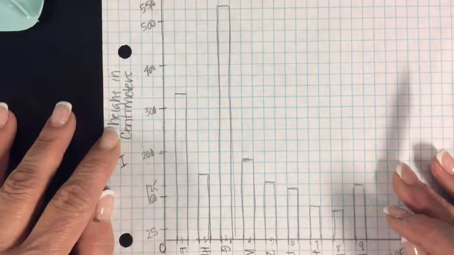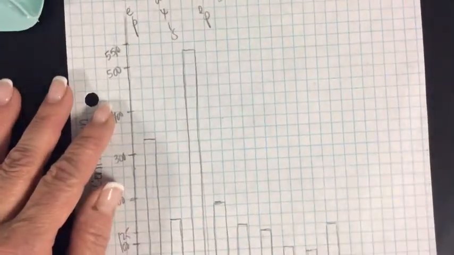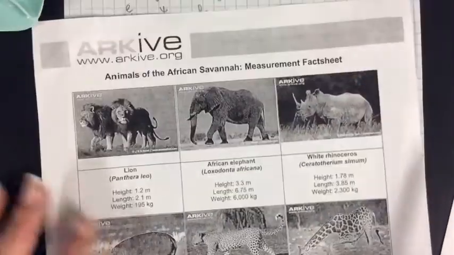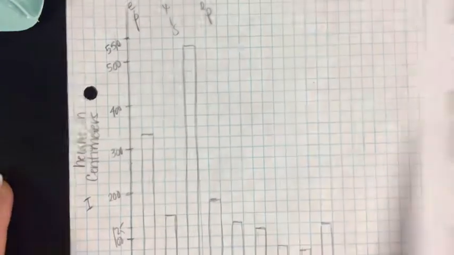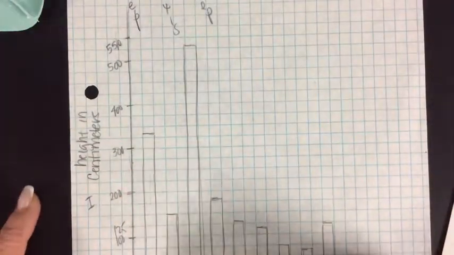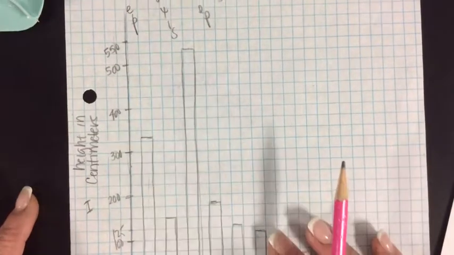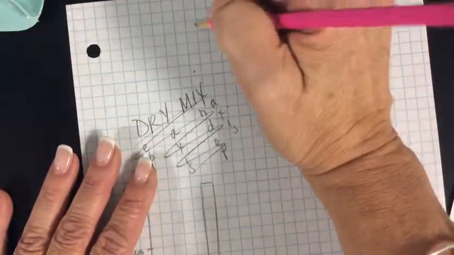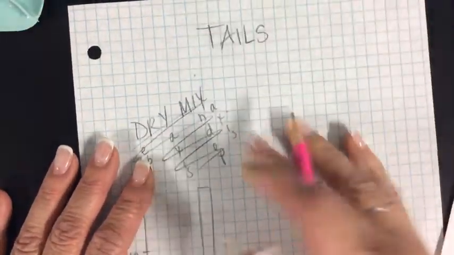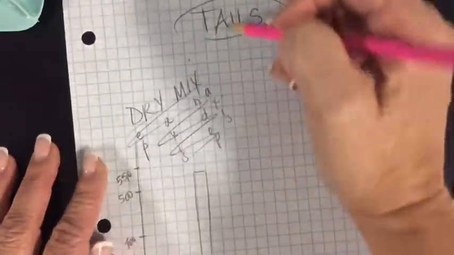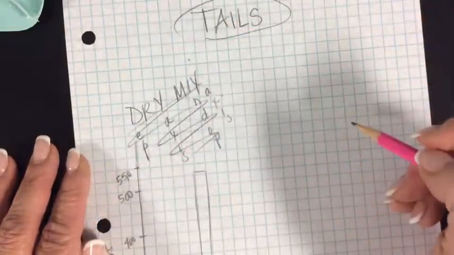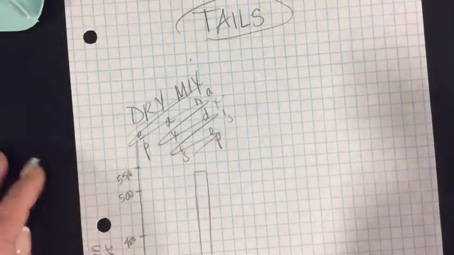in this situation. Well, what if I had no idea about this data sheet? What if I was looking at this graph and I was like, I wonder what this is about. Let's see, height, and there's some animals here, but how do I know what this whole graph thing is about? So you need to put a title. So remember, for every graph that you make, you need to apply tails. You need to think about it. So put a tail on it. The first one is the title. Do we have a title? Well, no, we don't have a title. So we would say